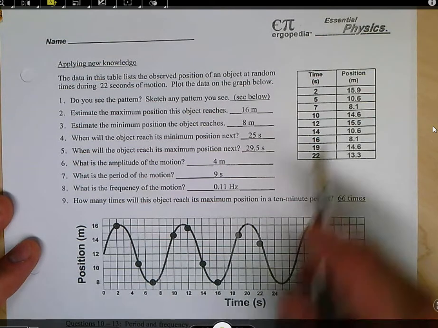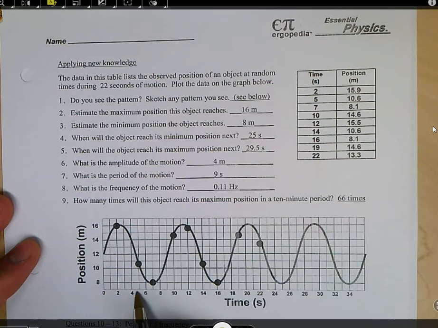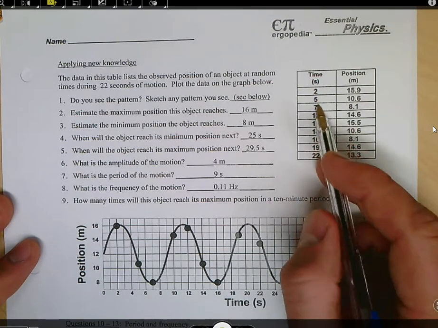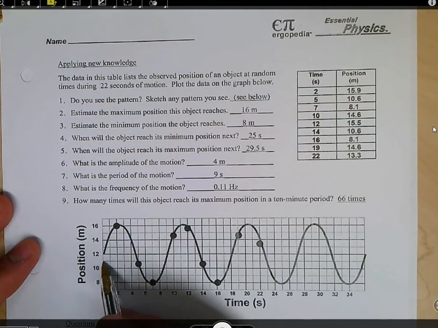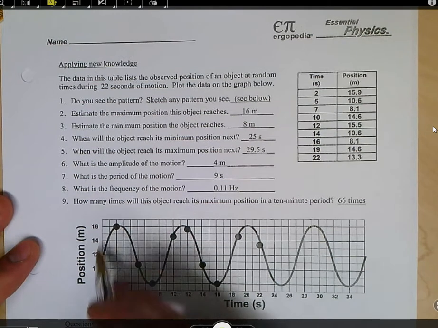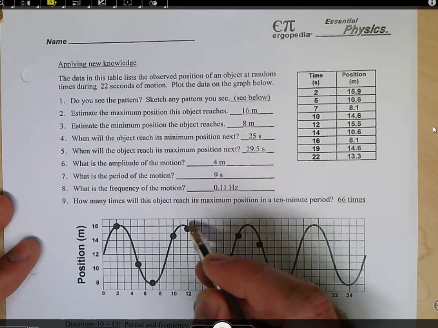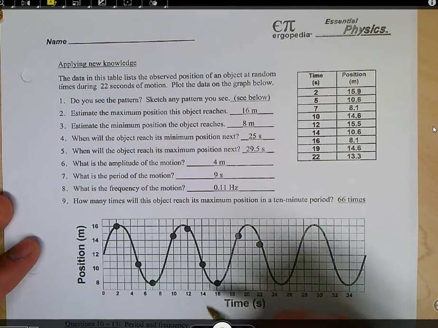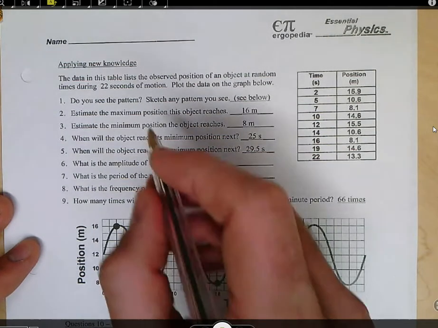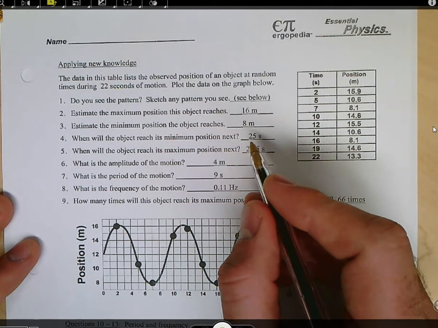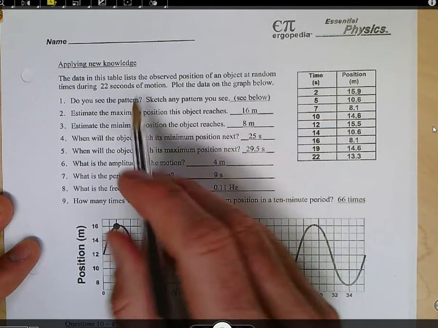Same thing over here with number 5. You go to number 5 here on the time in seconds, and then you go to 10.6 and say, well, okay, here's 10, here's 11, so it's somewhere 10.5-ish, right? So you plotted all these dots, and the idea is you could have just drawn little lines to go, and some of you did, and that's okay. They didn't say it exactly in here, but I think